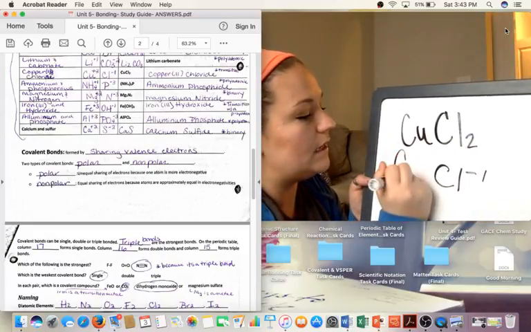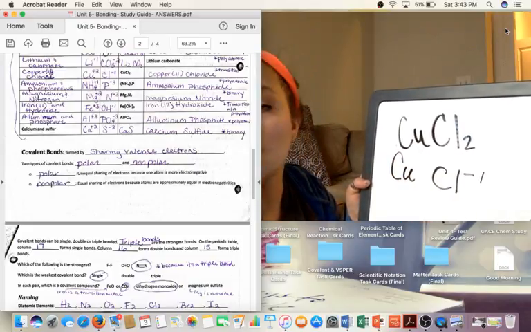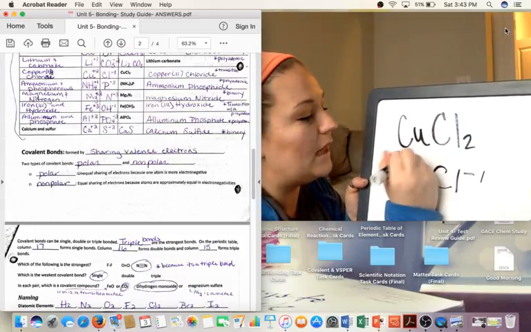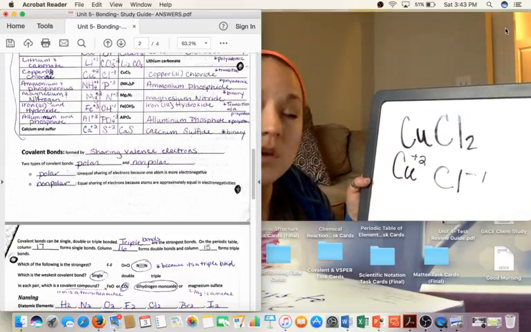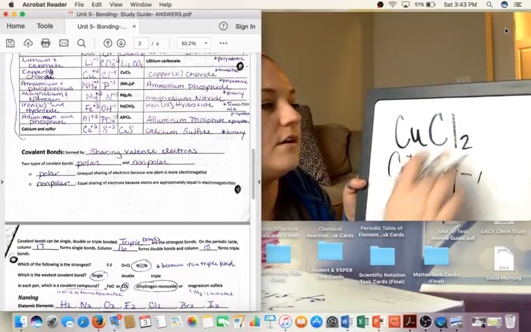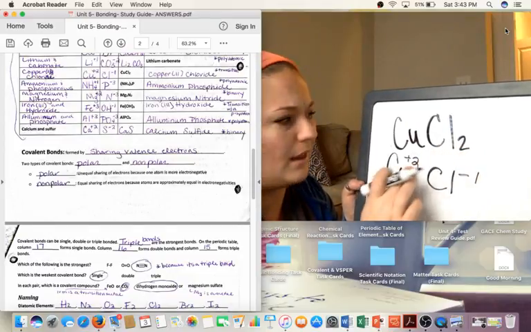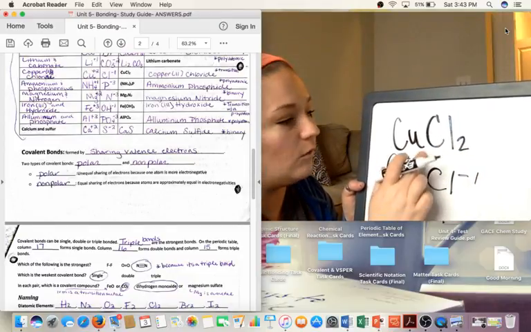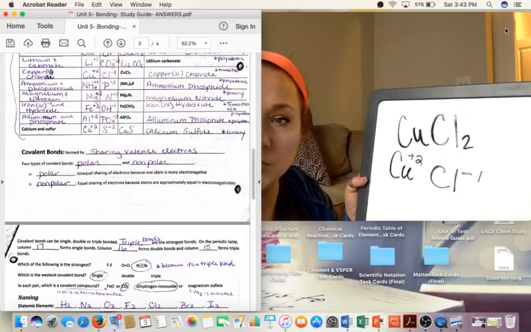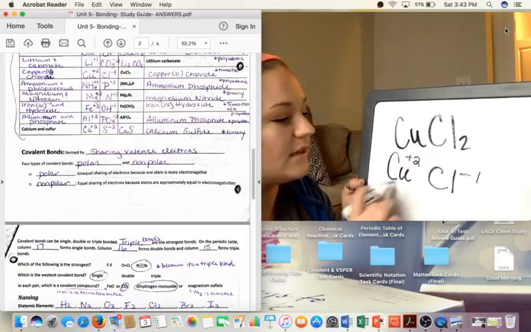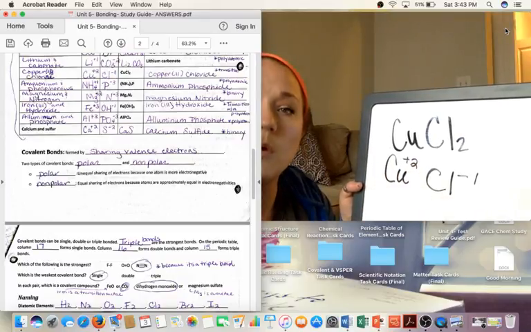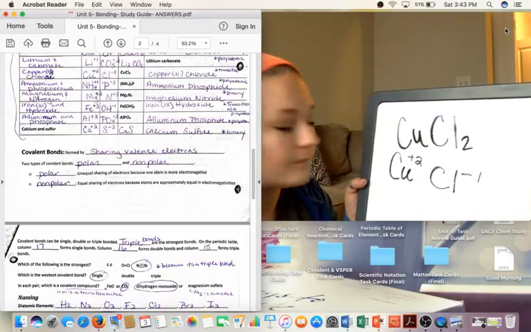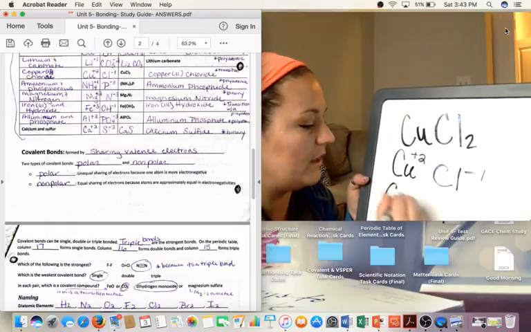So Cu is going to have a +2 because there's 1 of them. Also, you can do a reverse crisscross and know that, hey, I need a +2 over here and I need a 1 over here, a reverse crisscross to be able to identify an unknown charge amount for a transition metal. So when I write him out, he's going to be copper